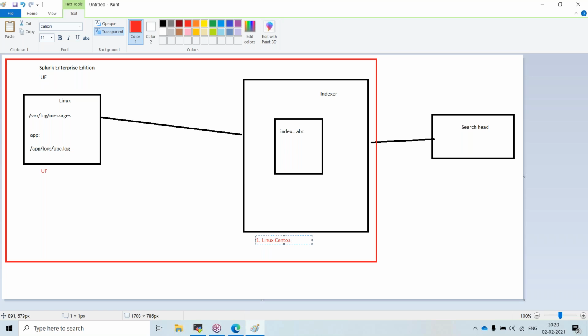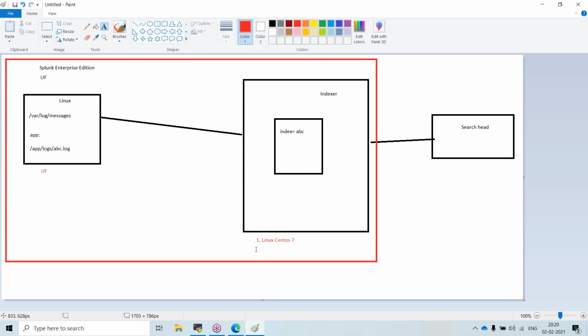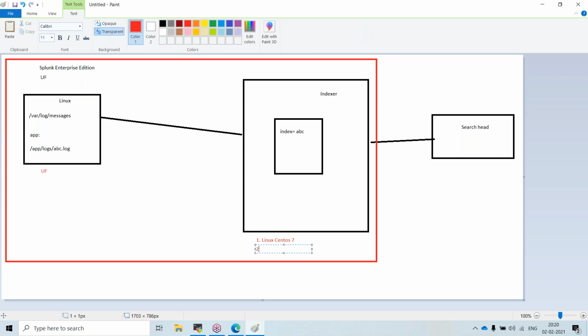The second thing is I have to install Splunk. I will be installing Splunk as an indexer.